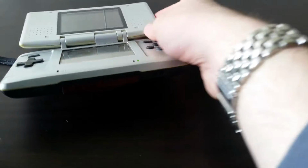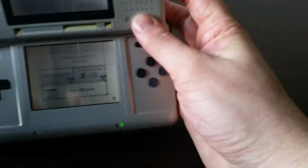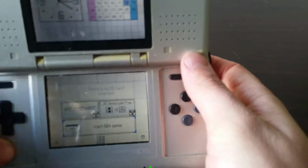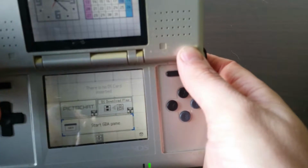I do have a bunch of other games, but I've actually lost a lot of them, which I am really gutted about. But let's play this game. Does it come up in there? Come on, there is a DS card inserted. Does it just not like...